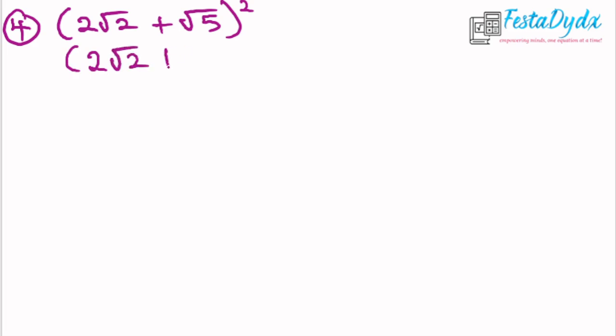Number 4 says 2 root 2 plus root 5 all square. So we have to look for the square of 2 root 2 plus root 5. So this is the same as saying we should take this surd and multiply it twice, that's multiply it by itself. So 2 root 2 plus root 5, we have to multiply it by itself, which is 2 root